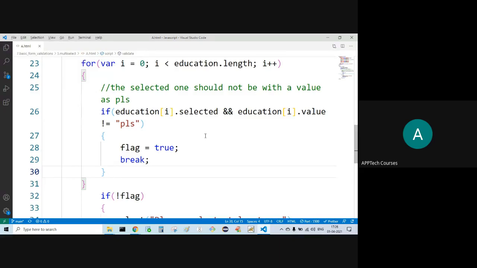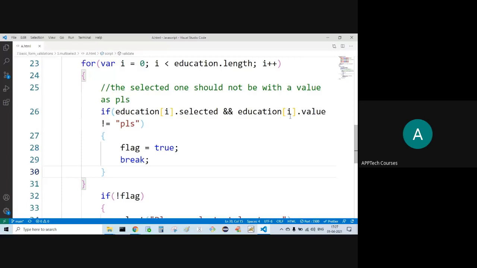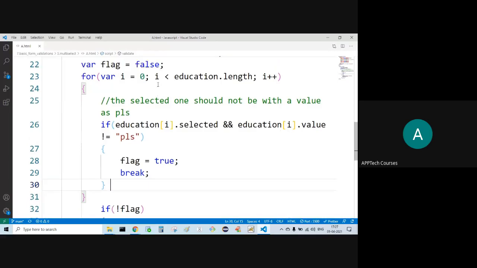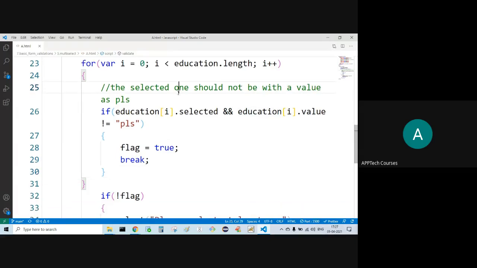So in this case, what is happening? First option I have selected, second option I have selected. What is the last option I have selected? B. Now this is what? Means in what case I'll get a second iteration for loop? In what case I'll get a second iteration for loop?